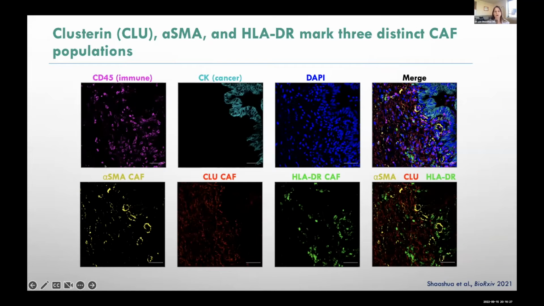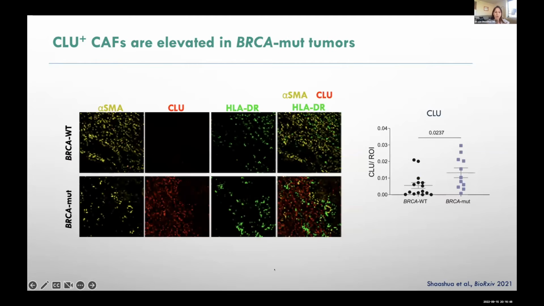So we excluded all the CD45 and cytokeratin cells, and we found 3 CAF markers, which are mutually exclusive: alpha SMA, clusterin, and HLA-DR, which were in general showing most of the stroma. We then compared BRCA mutant and wild-type patients, and we found that clusterin is elevated in the BRCA-mutant stroma, and this